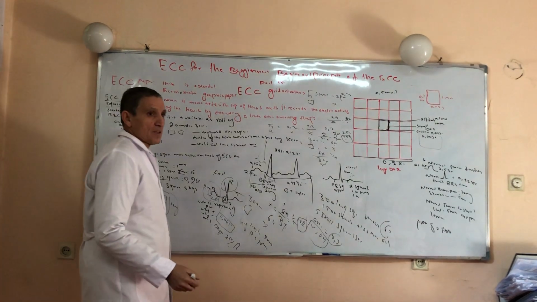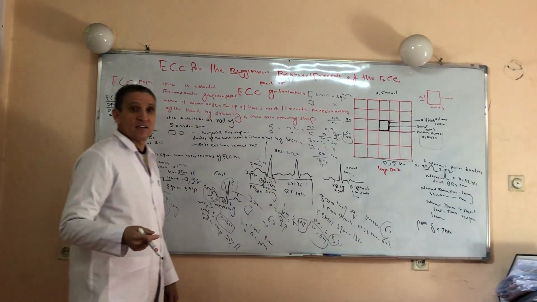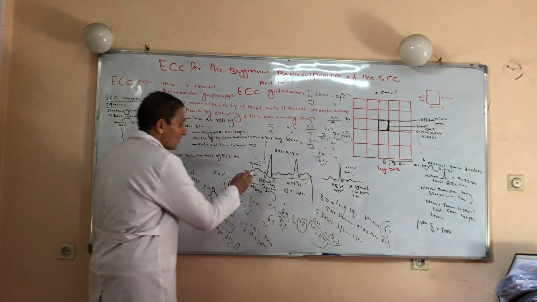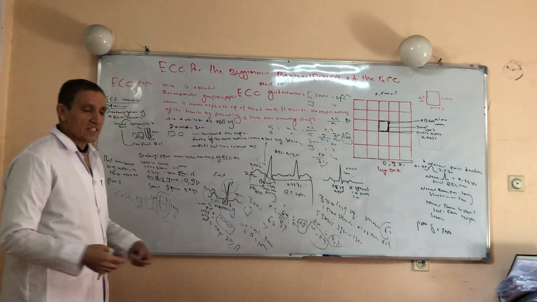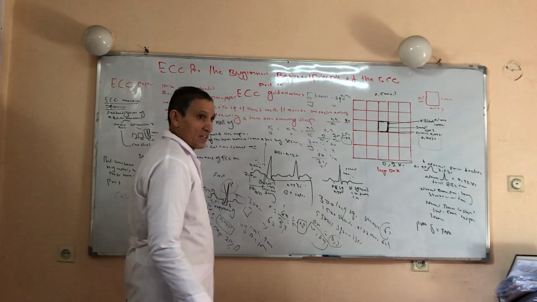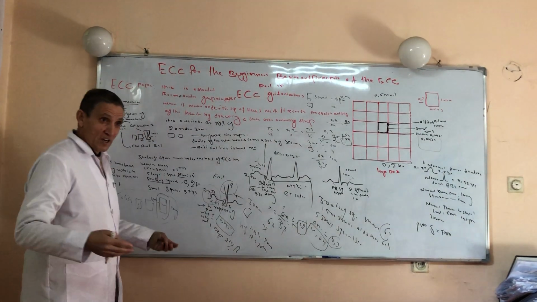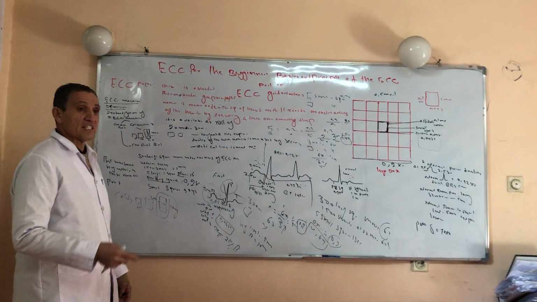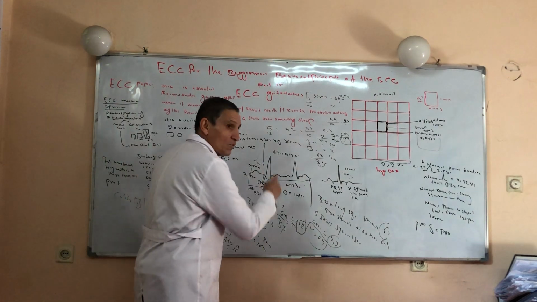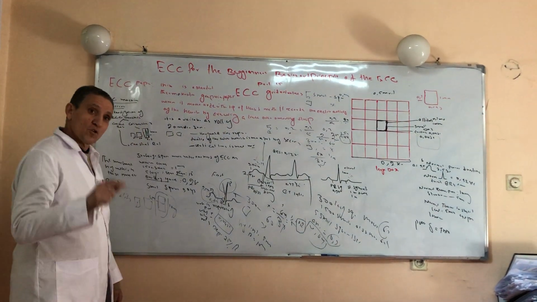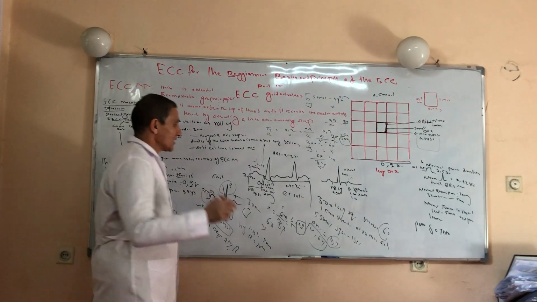Why do we have one QRS complex? We don't have two QRS complexes even though we have a right ventricle and a left ventricle. The right and left ventricles are electrically connected to each other through gap junctions, so they are electrically activated together. Instead of two ventricles, we have just one QRS complex. This is the dual chamber concept.